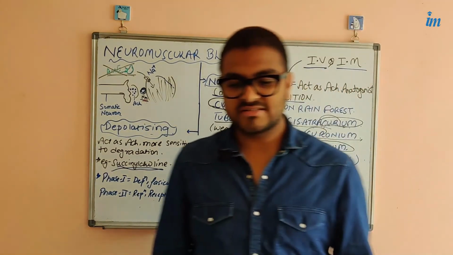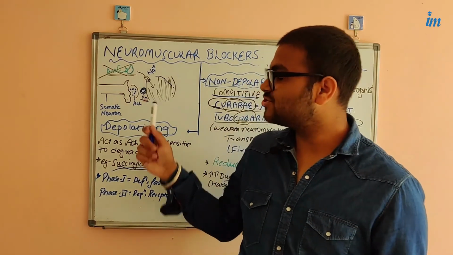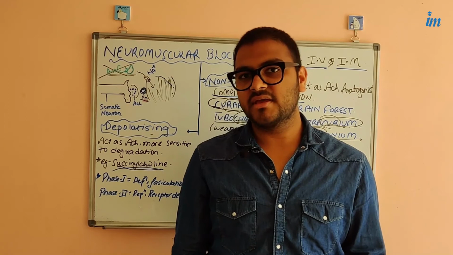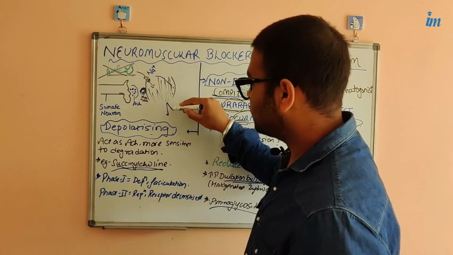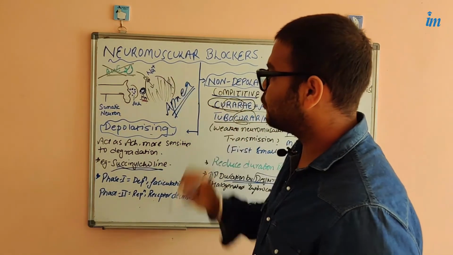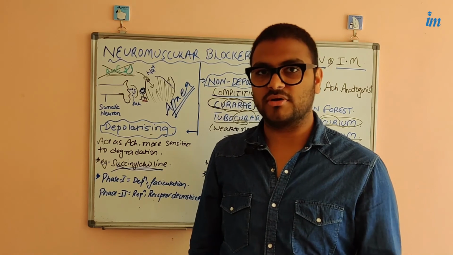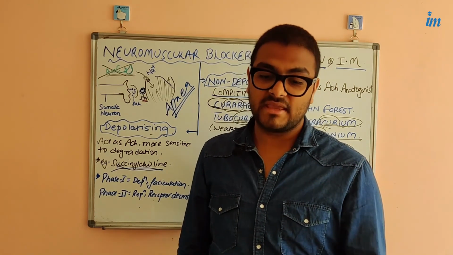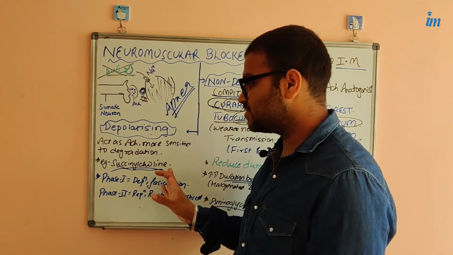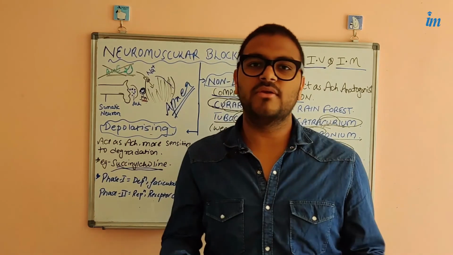Okay, what are the adverse effects that can be produced by such agents? The most common adverse effect is apnea. Apnea is paralysis of the respiratory muscles that can be produced by the depolarizing neuromuscular blocking agents, and apnea may even result in the death of the patients. So these are not used very commonly, but the effect of succinylcholine is very rapid, so